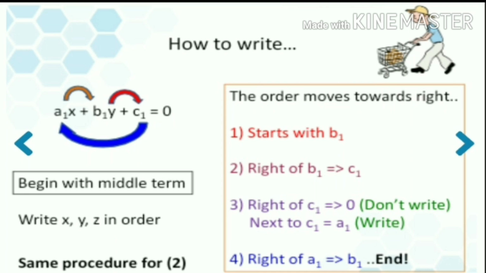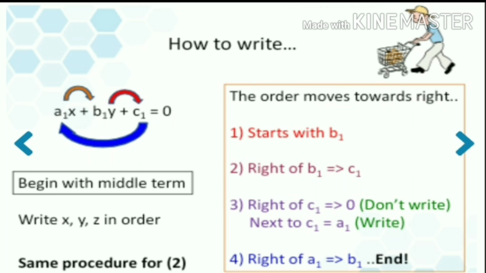Right of b1, it means on the right side of b1 we need to write c1, and right of c1, you know, in the equation after c1 there is no d1. But when we take it in the cyclic method, which variable will come after c? If there are three variables a, b, c in a cyclic, circular form, we have started with b1. After b1, c1 is coming, so after c1 what will come?